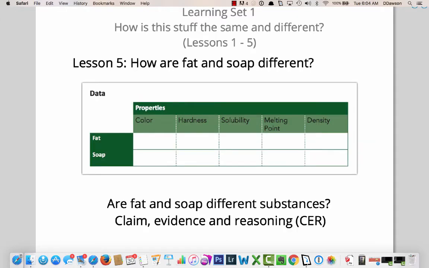And then we wrap it up in lesson 5 with a claim, evidence, and reasoning for our different substances, fat and soap. That's our question. So basically you go through all the data that we collected so far: the color, the hardness, the solubility, the melting point, the density, and you may have collected other data as well, other types of properties that you as a class have decided upon. Things like slippery or slimy or greasy or whatever, you can use those as well if you want to. But the students then create a big claim, evidence, and reasoning for that question,